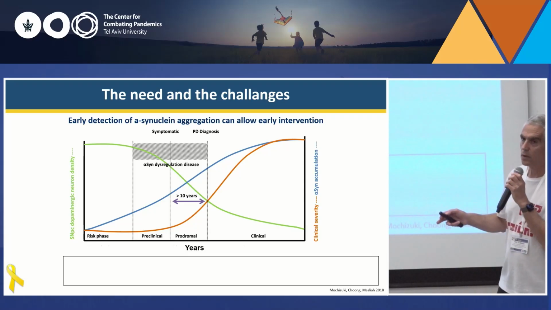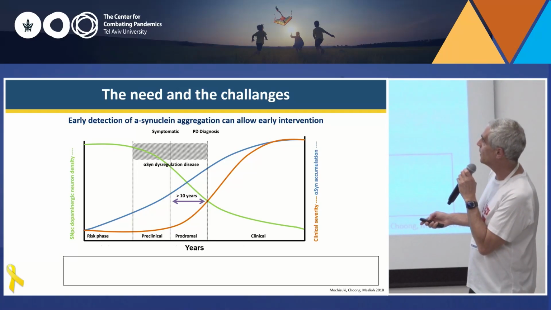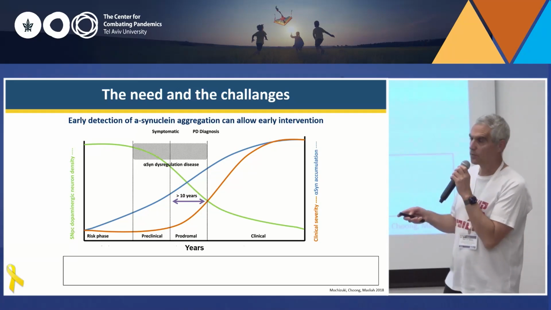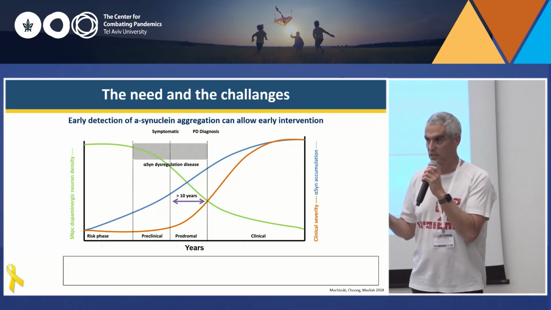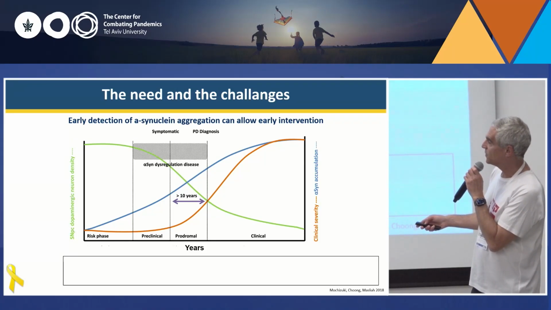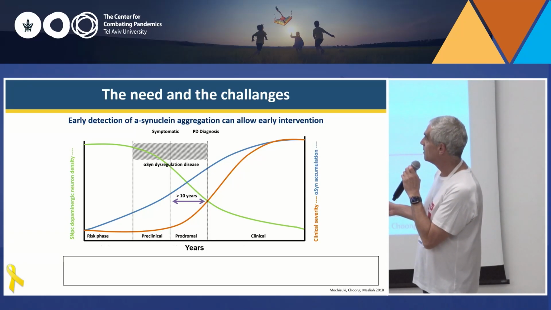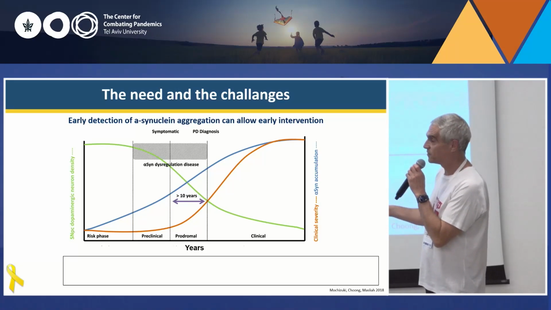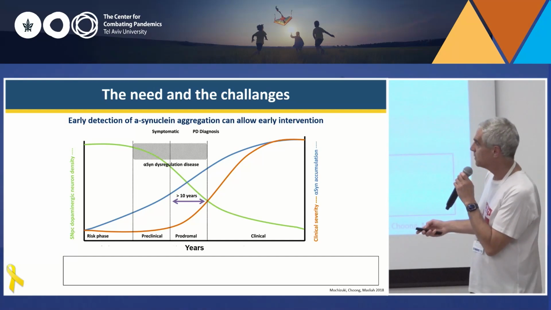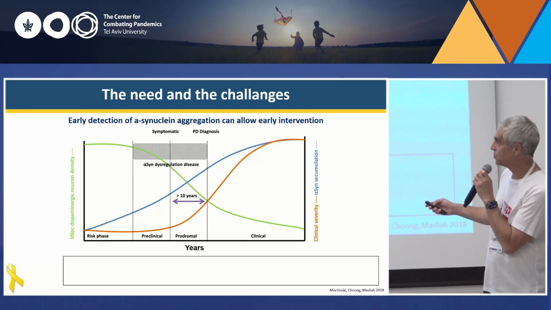And if I try to look in more detail at this graph, I want to add another feature to it. When the neuronal cells die, at this stage we already have quite a lot of accumulation of alpha-synuclein, which I mentioned before. And if we look years before, the idea is that alpha-synuclein starts to accumulate in these neurons, specifically in Parkinson's disease, years before the neurons start to die. So this leaves us more years, maybe 20 years, 25 years, that we can track the aggregation of alpha-synuclein, try to prevent it, and this might prevent the cell death and also Parkinson's disease.